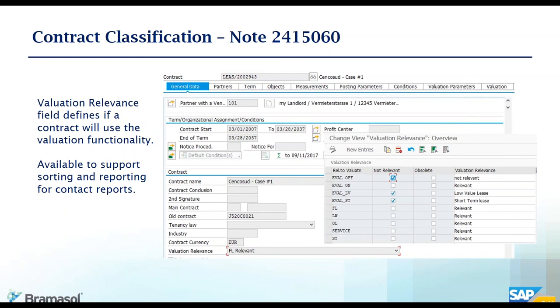So this field is available on all the contract reports within SAP Real Estate, and it drives the ability to generate valuations on individual contracts. On the inset picture here, you see you can configure this list based on your requirements, whether or not it's relevant for posting, and you also have the ability to assign what the follow-on processes are available for this, and assign this field by contract type. So while simple, it's the precursor to the much more sophisticated technology that I'll talk about later.